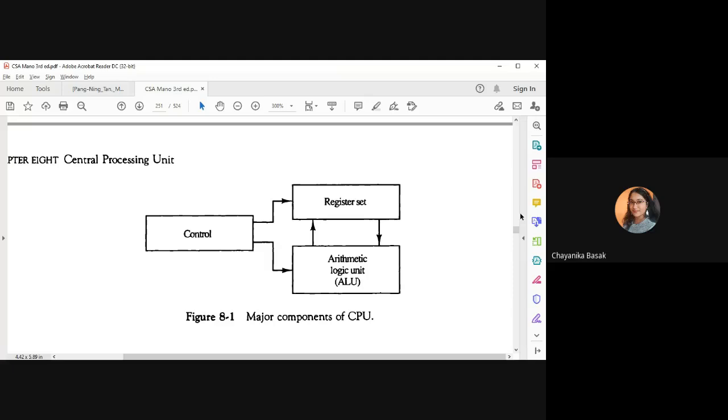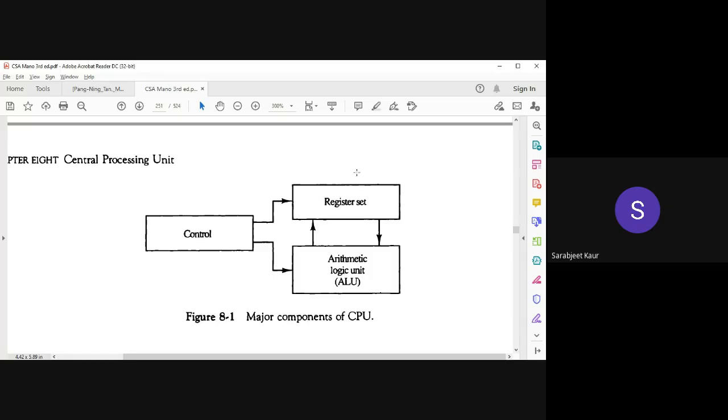Yes, right. So on your screen, you can see now the major components of the CPU. This is something that we have discussed very often. Repeatedly, I have gone through this, but for the sake of completeness, I'll do it once again. So what is the CPU composed of? The CPU is composed of basically three major components: the control unit, the memory unit, which actually consists of a